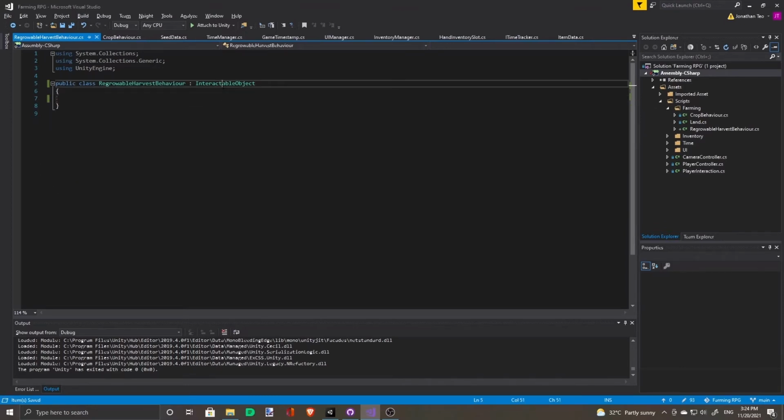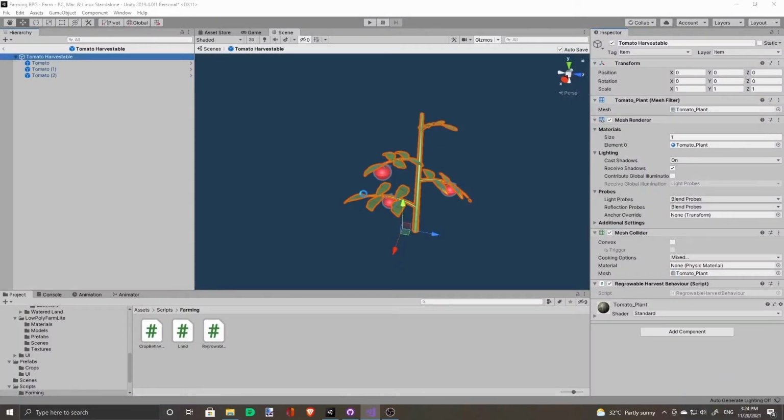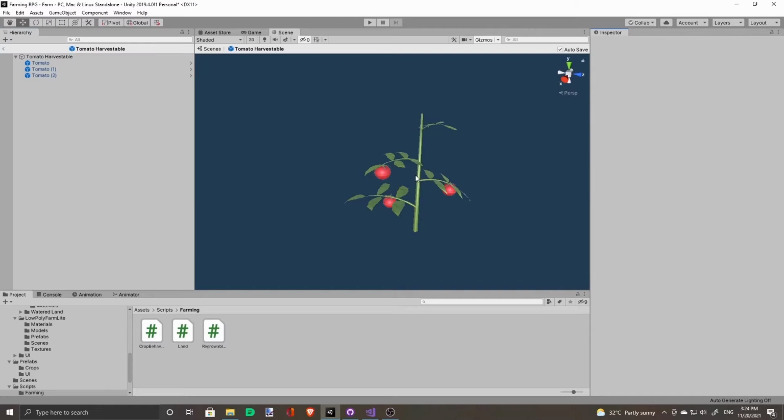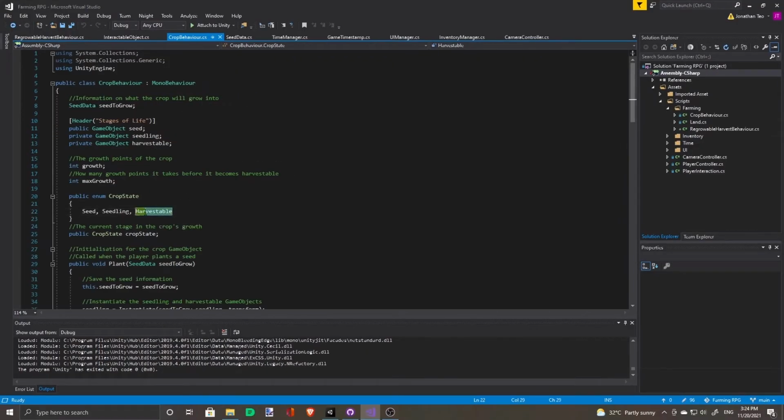What interactable object currently does is that when you right click on it, when you pick it up, it's going to give you the item, render it in your hand, and then destroy the object itself. Since our plant is regrowable, instead of destroying the object, we just want to bring the state back from harvestable back to seedling so that it will continue growing again until it's harvestable again.